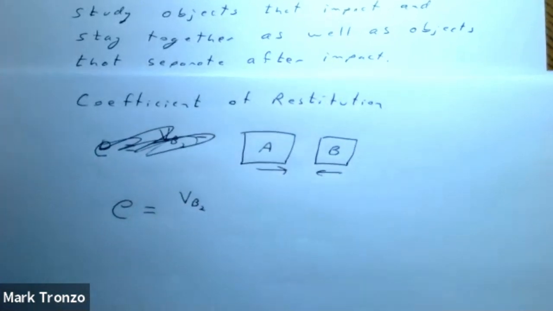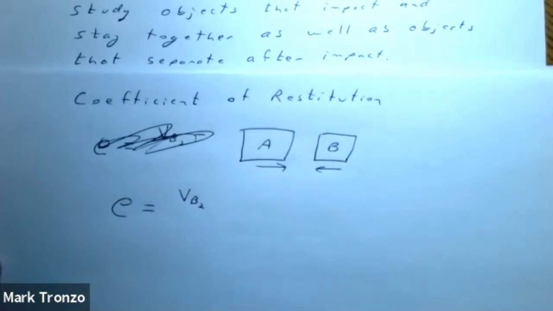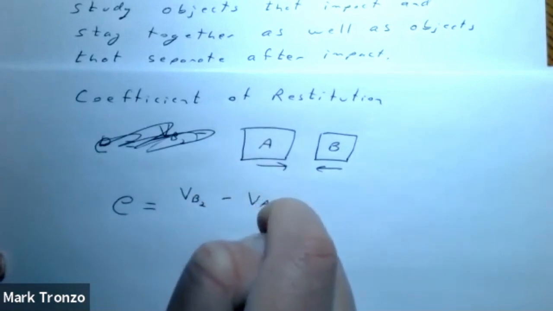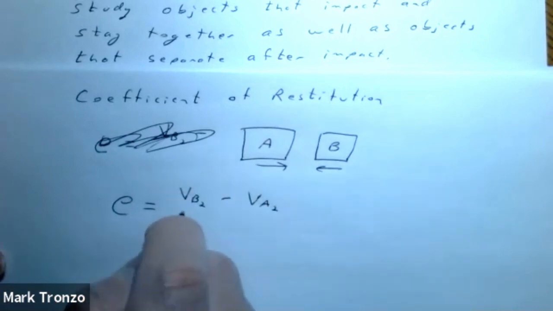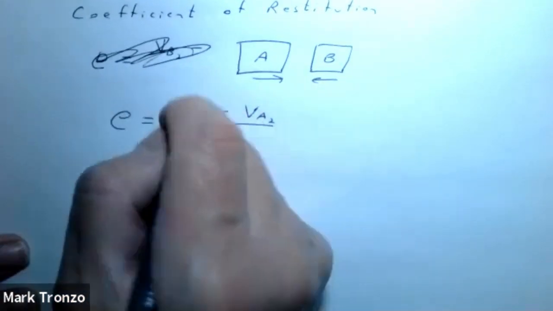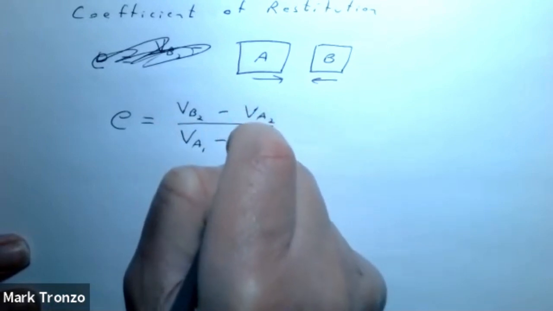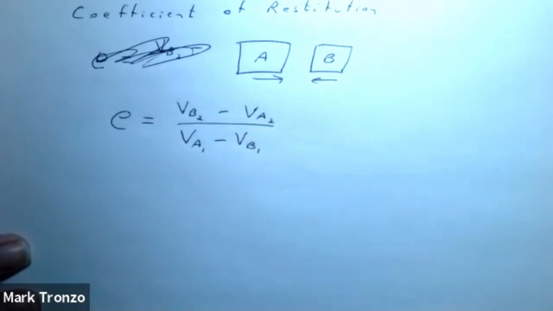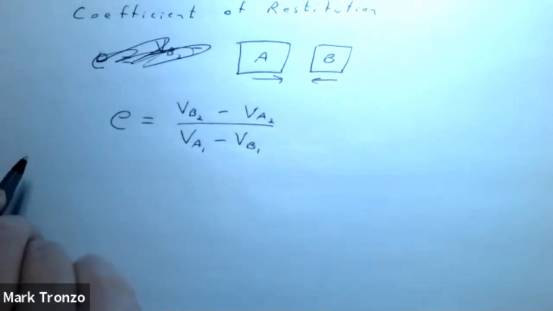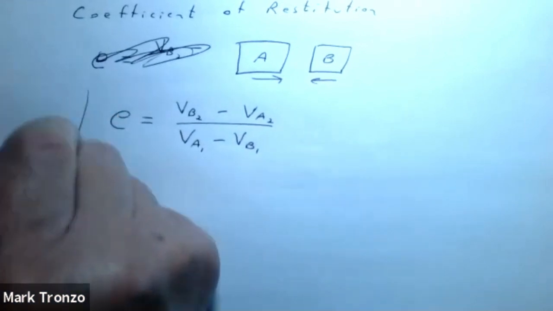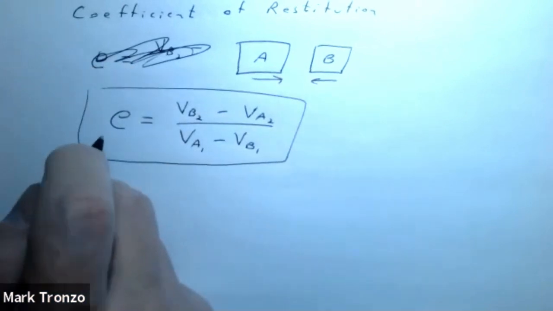VB2, the velocity of B after the impact, minus the velocity of A after the impact, which is indicated by the 2, which means after, and then divided by the velocity of A before impact minus the velocity of B before impact, like this. So that's the coefficient of restitution. So we're going to use that. This is the new thing that we're going to have. We're also still going to use conservation of momentum,